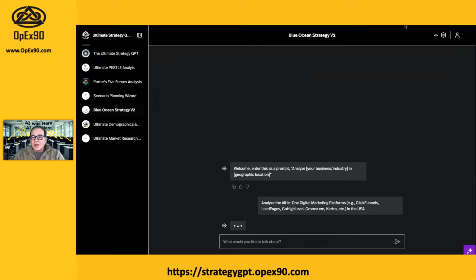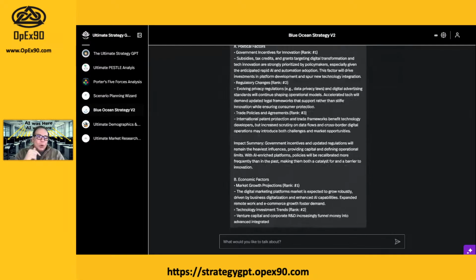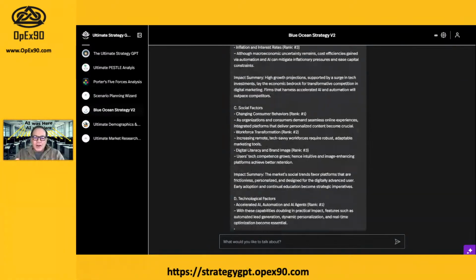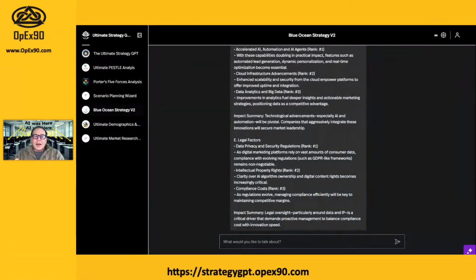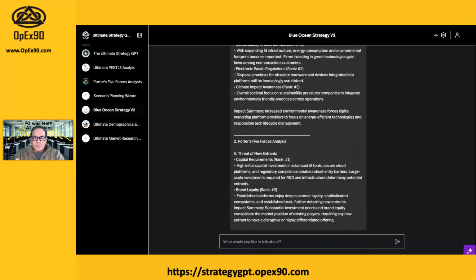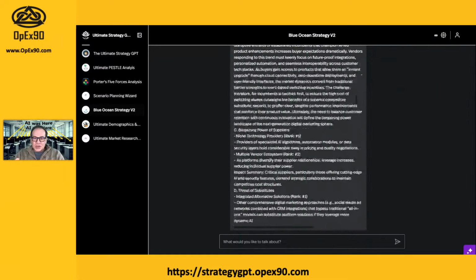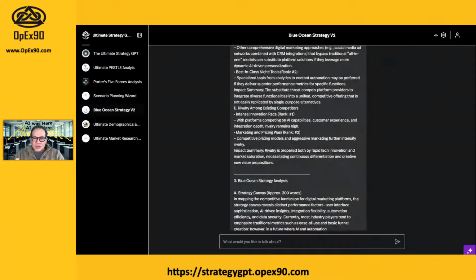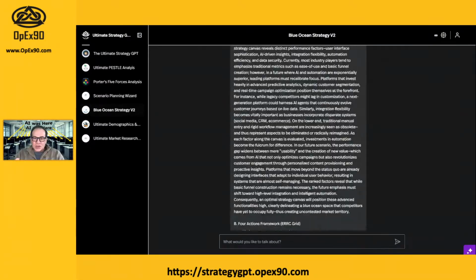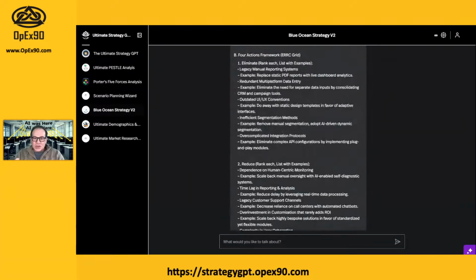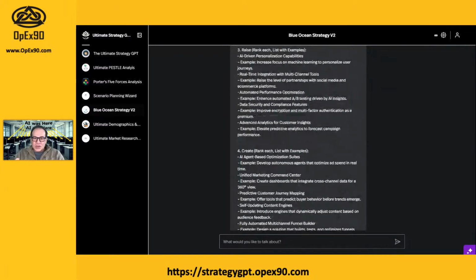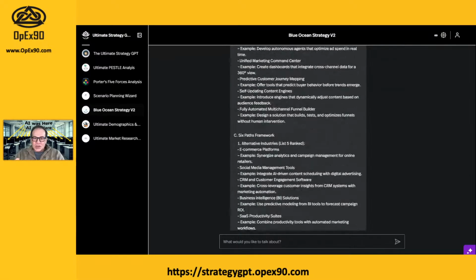This is going to take a little time to run. Once it generates the output that we're interested in, we'll take a look at it. I'm going to go through and look at it more slowly, and we'll review it in more detail to see what it comes up with. You see it? It's cranking away. This bad boy is thinking. This is better than anything I could have done individually, or even with my strategy team sitting down and working with another business. This just opens up the blinders.